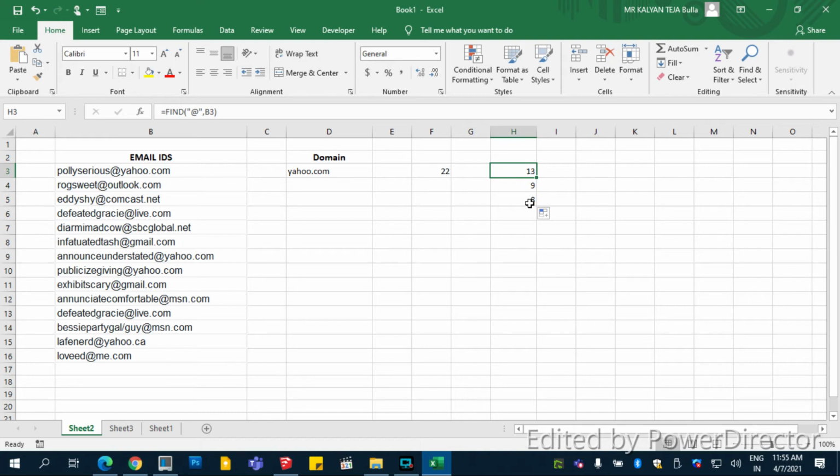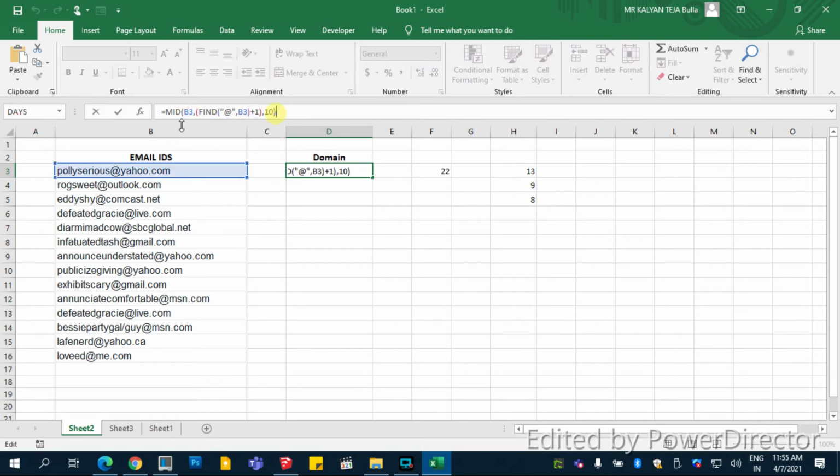From this, this is the formula we use. We use equal to MID. We are taking from the middle of B3, and we have to find where the @ is in B3.